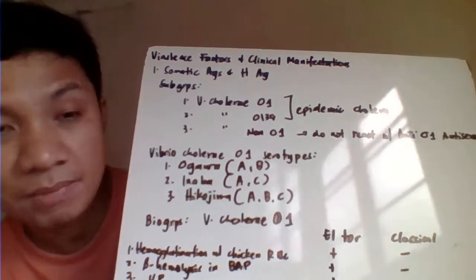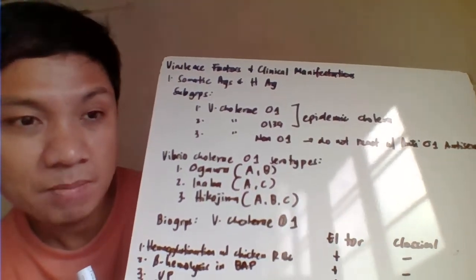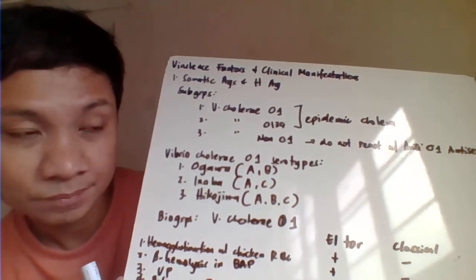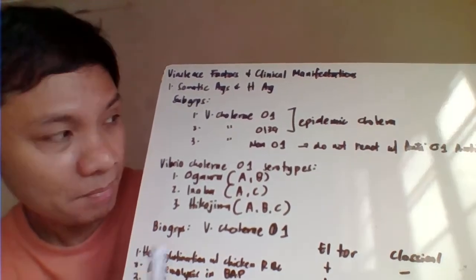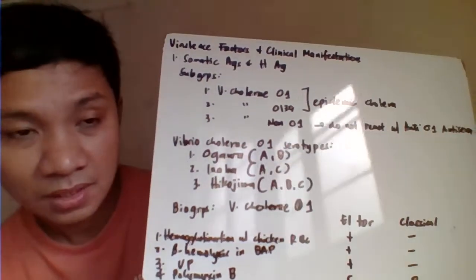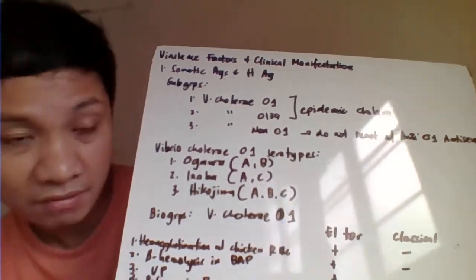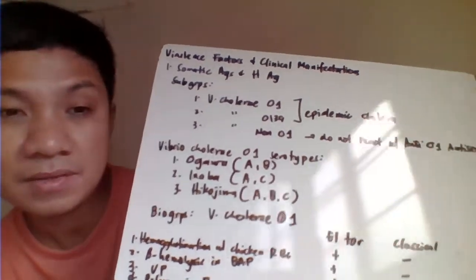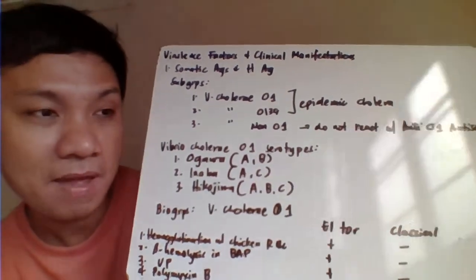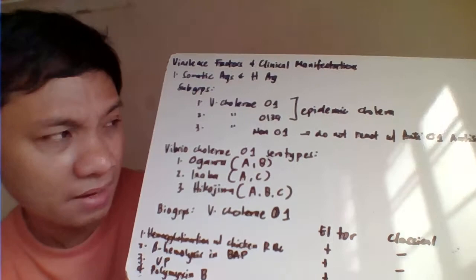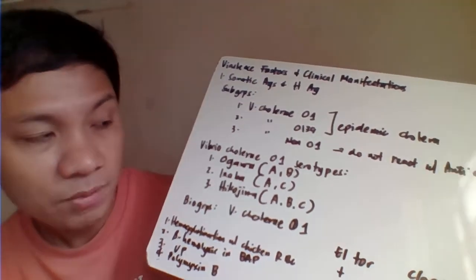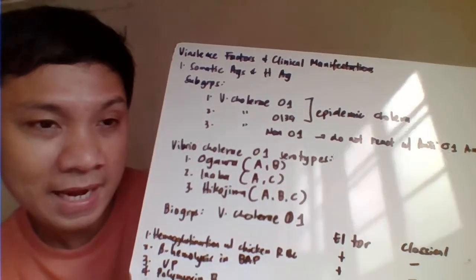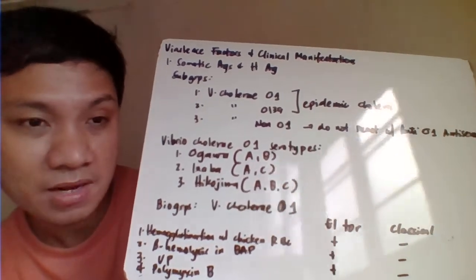Your non-O1 has been identified because it does not react with your anti-sera na O1. Kaya non-O1. But the two here, the pathologic ones, we have here your Vibrio cholerae O1 and your O139 because they are causing here your epidemic cholera. Okay, then we have here also based on the Vibrio cholerae O1 biogroup, they can also divide here into the